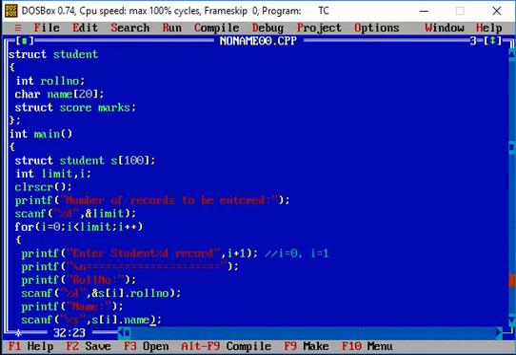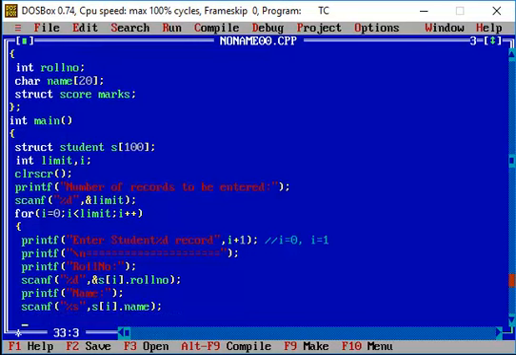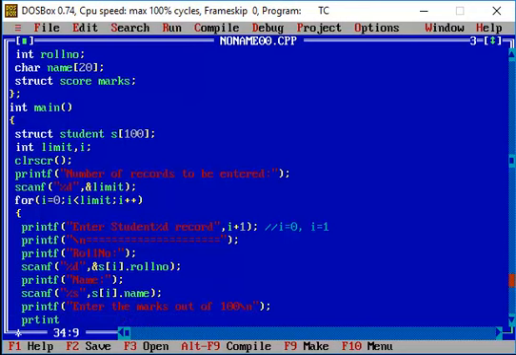So basically name is a character array. Once your structure member has been identified as a character array, the address of the first element will be pointed, and the value that is got from the user during runtime will be stored in the address of the first element that is present in your structure member, that is name. Now we are supposed to get the mark details from the user. So enter the marks out of 100. First we are going to get the mark of maths. So printf, I'm just asking the user to enter the maths mark.